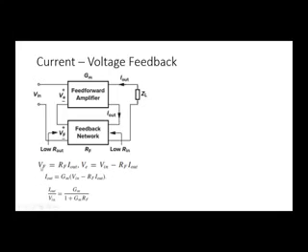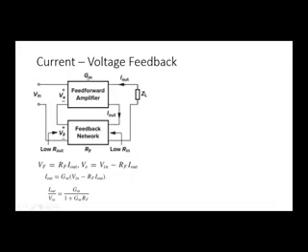So we can write the output of the feedback network, the feedback voltage, equal to RF into I naught. That is RF, the feedback factor, multiplied by the output current. The error signal is V in minus RF I naught, and the output current is GM into (V in minus RF I naught). GM is the transconductance gain of the feedforward or open loop amplifier.